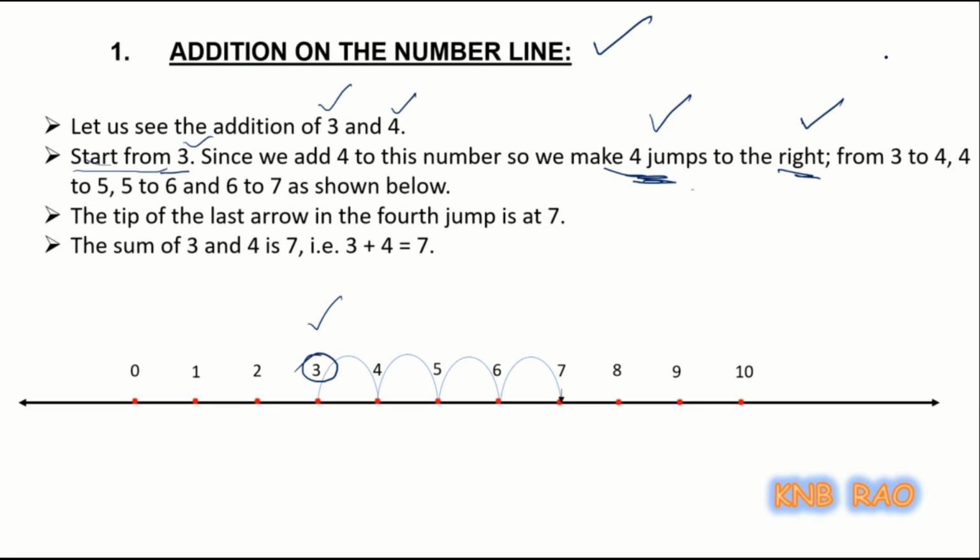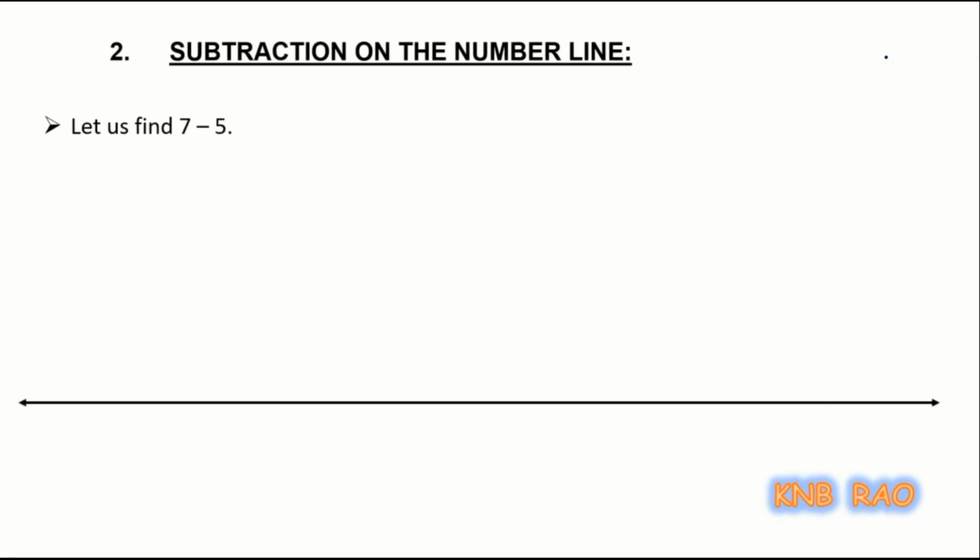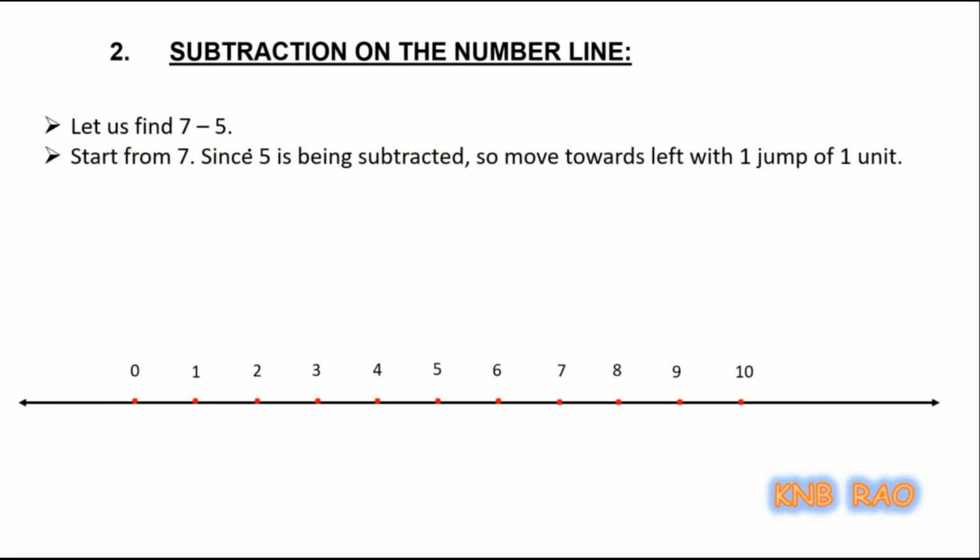Now let us see another operation, subtraction operation on the number line. Now remember, when we are doing subtraction, think that we are subtracting a smaller number from the bigger number, such as 7 minus 5. For this also, draw the number line first, mark the points on it with uniform unit length. Then here start from 7. Starting from 7 means from whom we start? Minuend. We start from minuend.